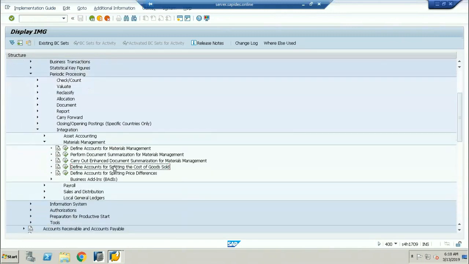Yesterday we saw the splitting of the cost of goods sold. Now we are going to see define accounts for splitting of the price differences. Now you have to create the profile.